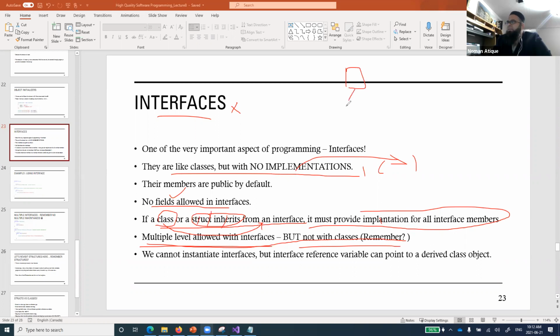Okay, okay. So Vinny, can you answer that? Multiple level, what is that? Again, yes means you know the concept, but now I want you to reply to that. Yes, multiple level I'm asking. Yes, correct.